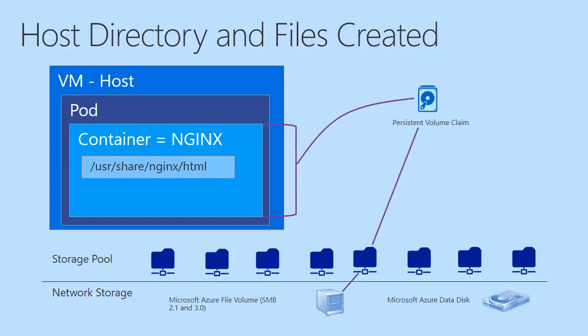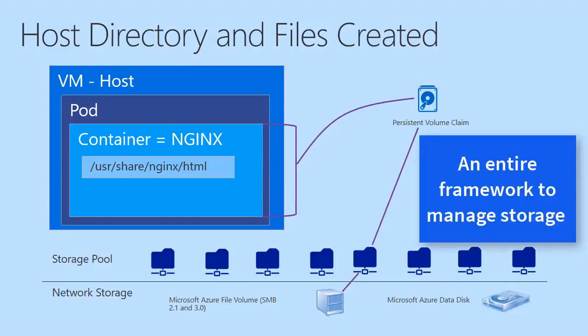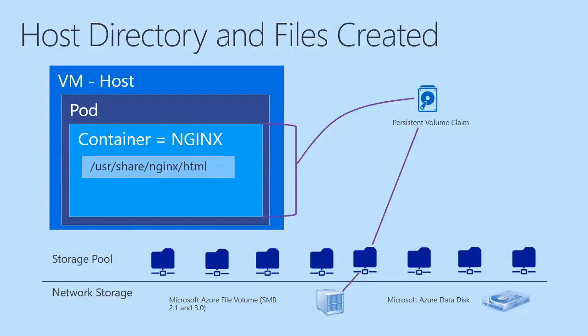As we discussed throughout this series, what we're trying to do is give a pod access to some type of persistent storage. There's a whole programming model and architectural model here within Kubernetes that allows you to take some type of permanent storage, something like network storage. The examples here are an Azure file volume or an Azure managed disk or data disk, and make that available